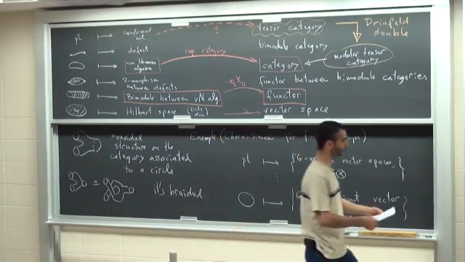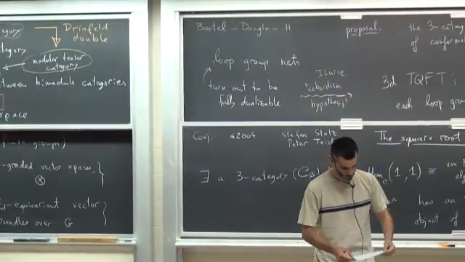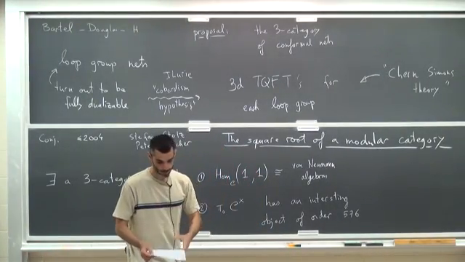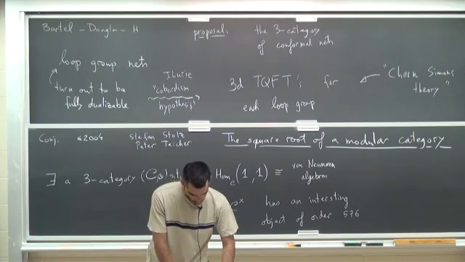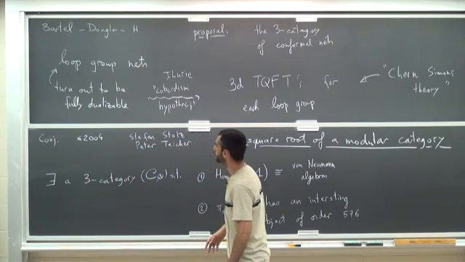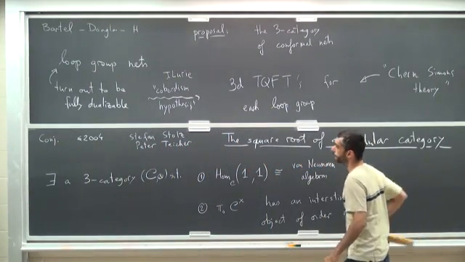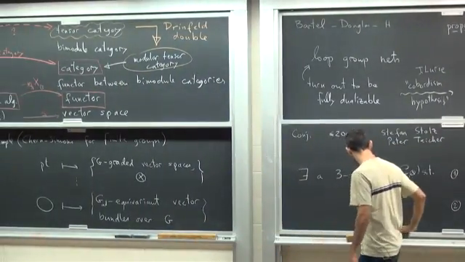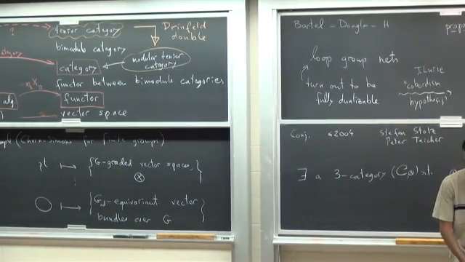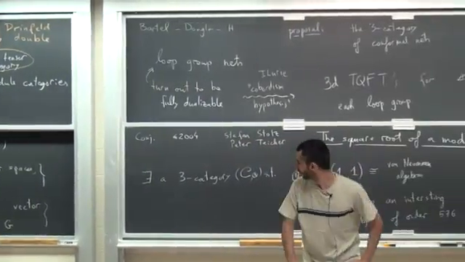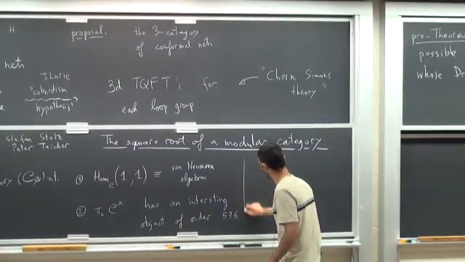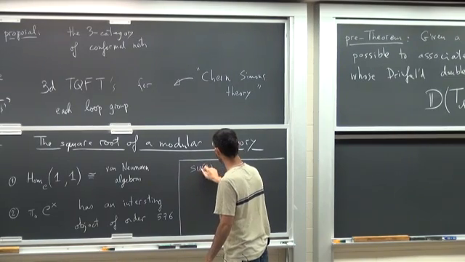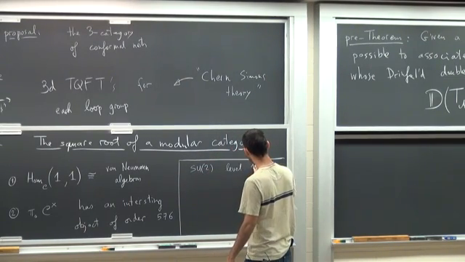In particular, for loop groups, if you believe that they are fully dualizable, then that agrees. But it looks difficult to find a square root of this modular tensor category. And the reason is that if you look at the simplest example of a loop group, which is the loop group of SU2 at level 1,